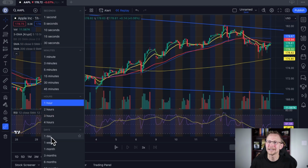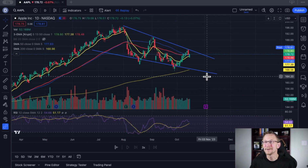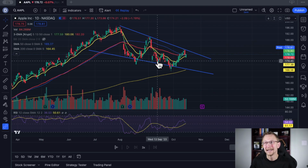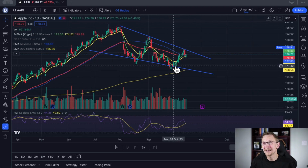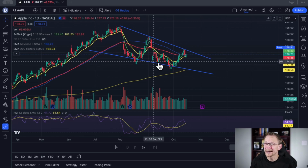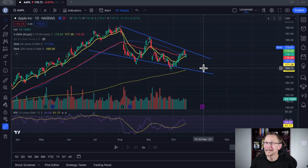There we go. We're going to go to the daily chart on this one as well. And so for Apple, there we go, reset the chart view. They are sort of in this descending wedge pattern, which overall is a bullish pattern for us. You'll notice that this trend line that we have down here along the bottom, we did pop out down below it a couple times, but quickly returned back to trend. We have the 200-day in the yellow here creeping up towards that trend line, which is at about $170 per